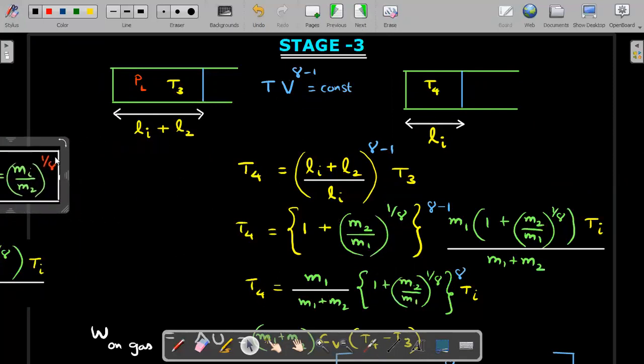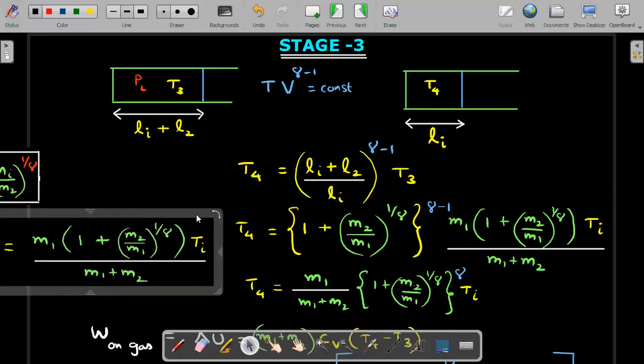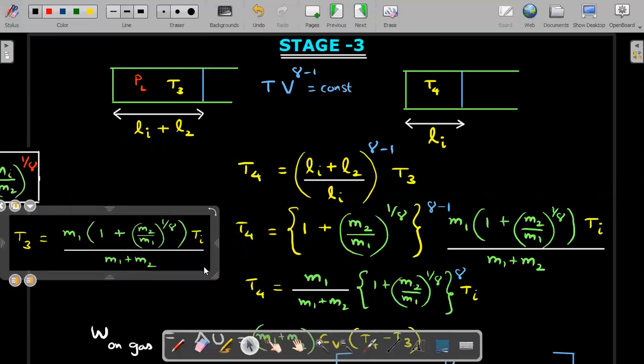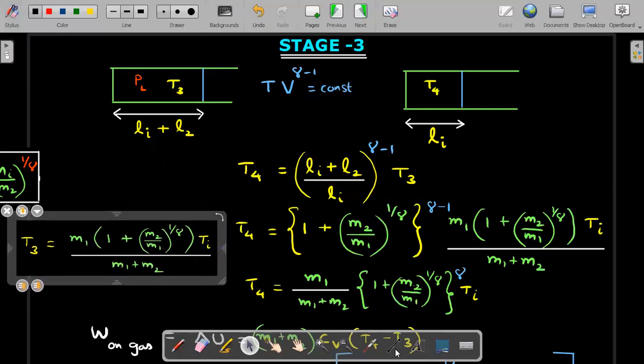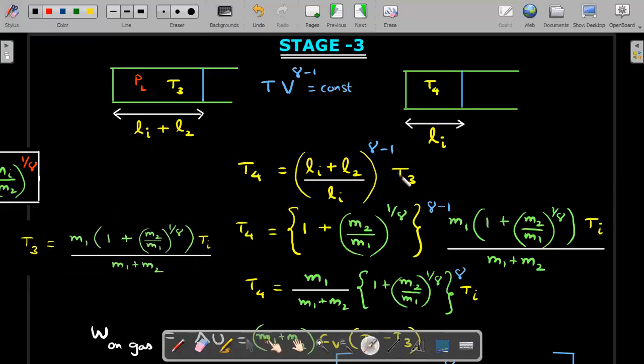This was stage 1. So let me take it inside, not needed. Then stage 2 gave me the temperature T3 versus Ti relation in the previous page. Okay, right? So that I'll substitute here. T3 value I'll substitute here. Could see entire thing I wrote here. Slightly painful, but it's fruitful also. Okay, right? So when you multiply, take care of all these power gamma minus ones and all that. Can you see M1 by M1 plus M2 comes out here, and you realize this entire inside term here and this term are the same with power gamma minus 1 and power 1, so it becomes a power gamma. Okay, so you know what is the final temperature T4 and this initial temperature T3.